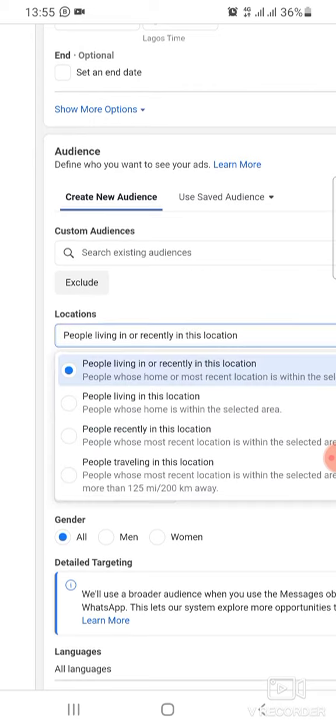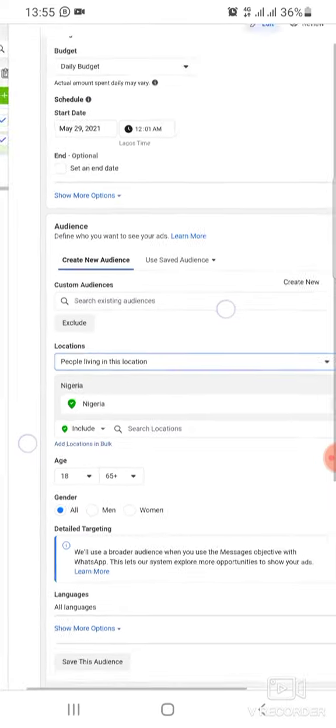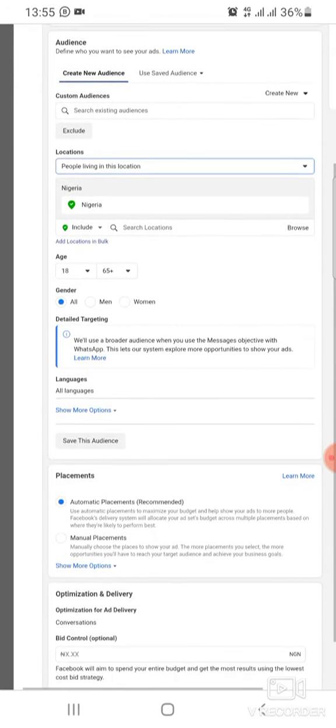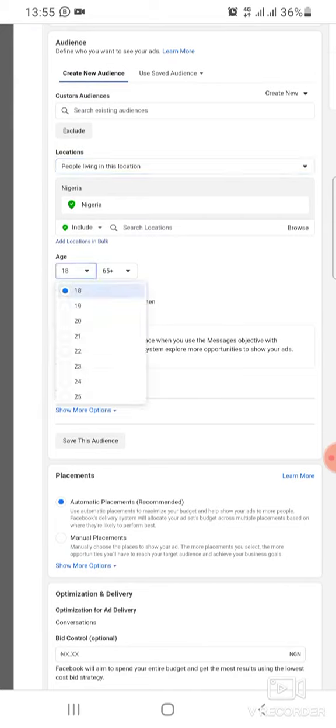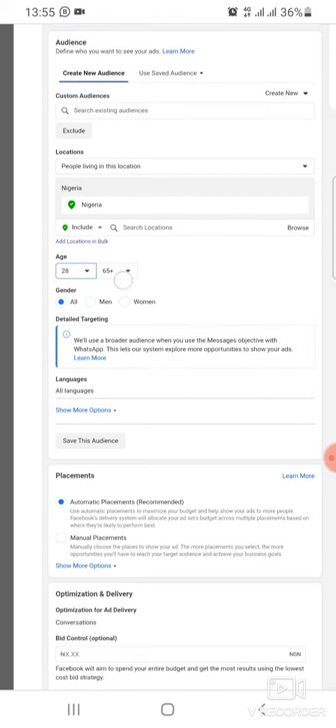Click on people living in, change it to people living in this location, because you don't want people who are not in Nigeria to see your ad. Then your age, of course, 18-year-olds have no business seeing my ad. But if your ad is for people like that, you can set it. So I usually say something like from 28 to,